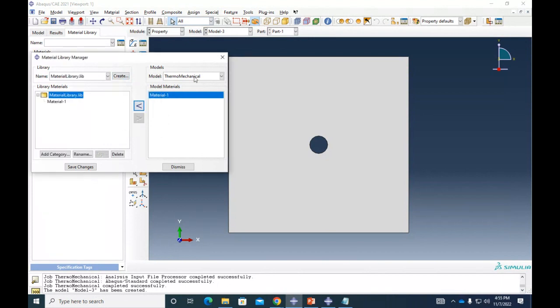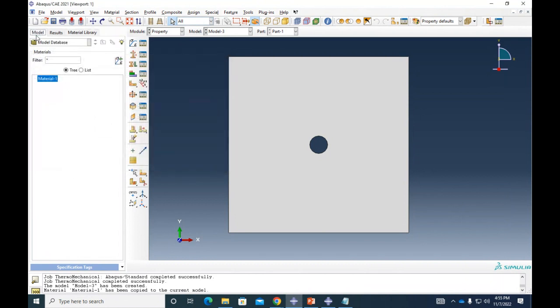And then I'm gonna add that material in here. So I just created a material library, right? Because my previous models, they had some materials in there. So I'm gonna say, hey, my material library, I'm gonna steal your material number 1 from your thermomechanical model. And then from my model number 3, which is the one that I'm creating, I want to have that material available as well.